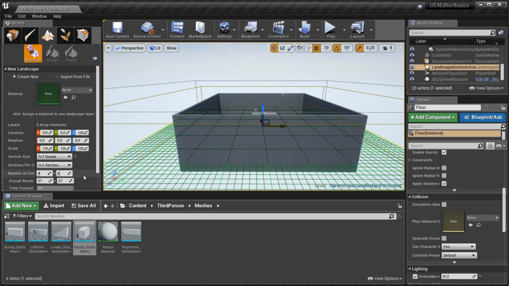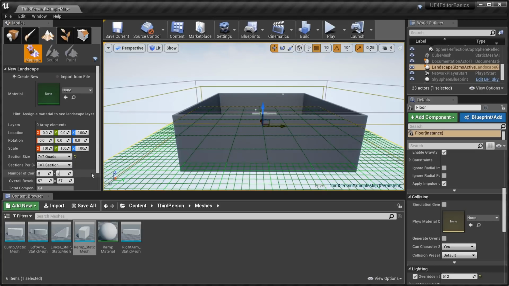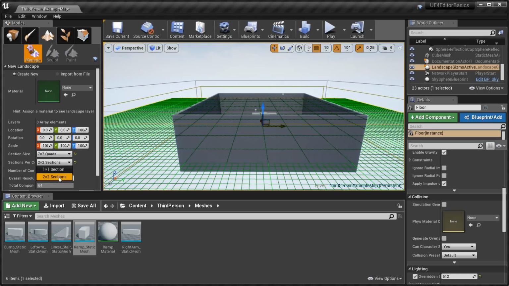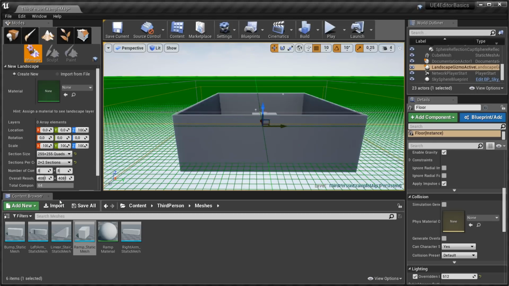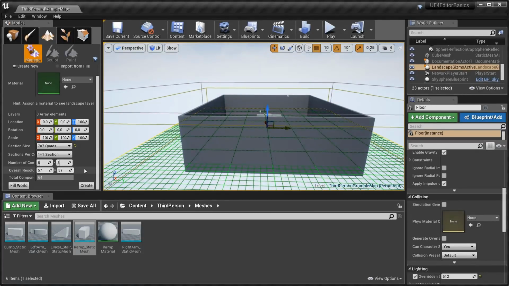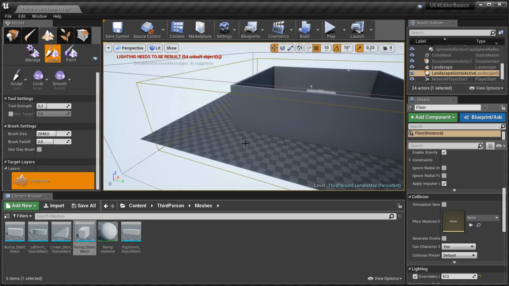Depending on the section size and the sections per component, you can see that our overall resolution changes. So if I change this to the biggest landscape possible, you see that our resolution is much greater than the smallest landscape possible. So now we can either choose to fill the world or create. I'm just going to create at the moment, and now you can see that we have this world grid material